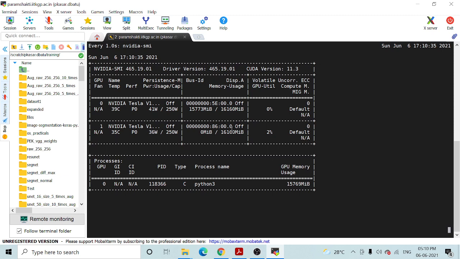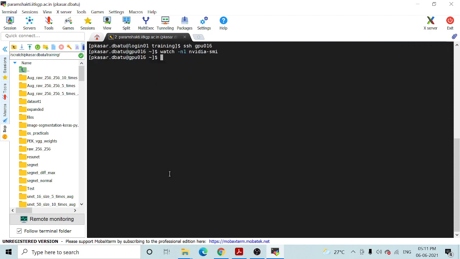Here you can see the percent utilization of your GPU. Out of a total of 16 GB memory, somewhere around 15.77 GB is occupied, and the training is going on that particular GPU, only one GPU. Okay, now Control C to come out of this screen.